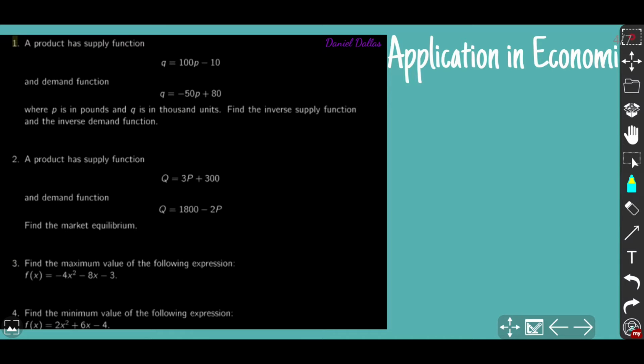Here are 4 problems, and let's get to the point. So as always, grab your pens, grab your notes, try to do it on your own, and let's see how this